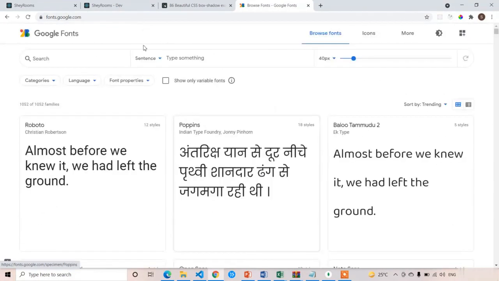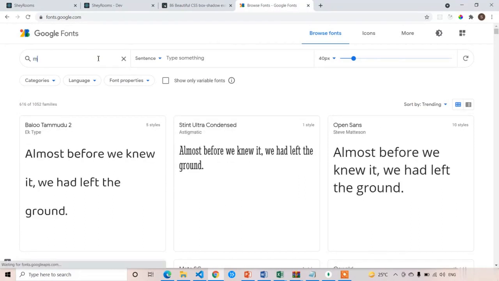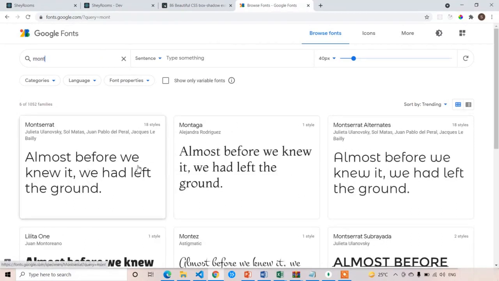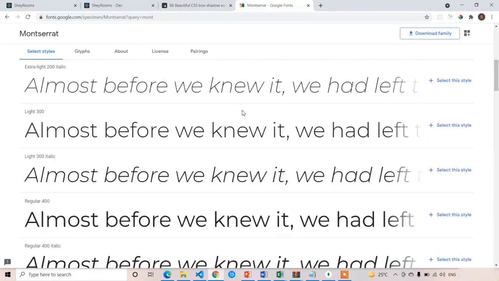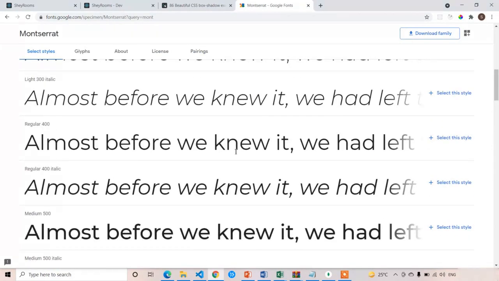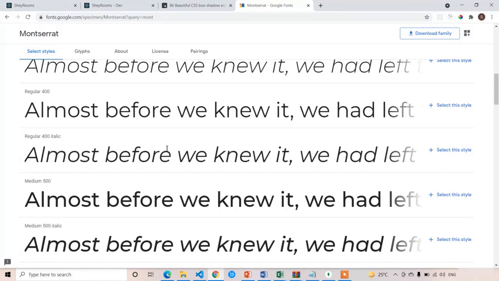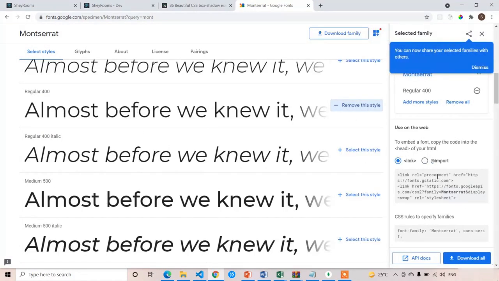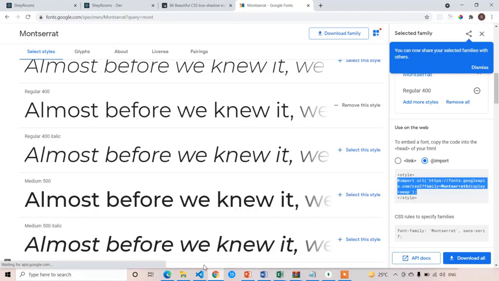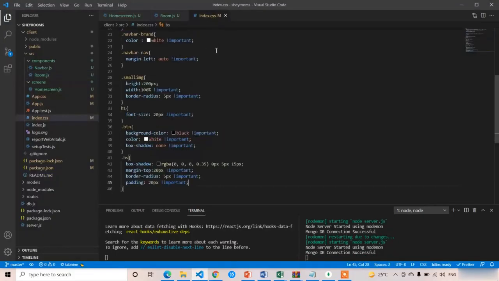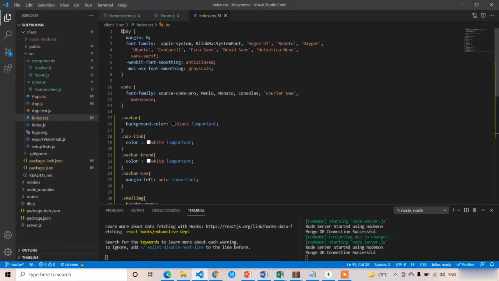Yeah, this is my font. Here I'm going to select regular 400, or if you want to select medium you can. I'm going to select this regular 400 only. So you have to select this import and copy this import statement and paste it in the index.css. So this is index.css. So above the body tag you have to paste that,